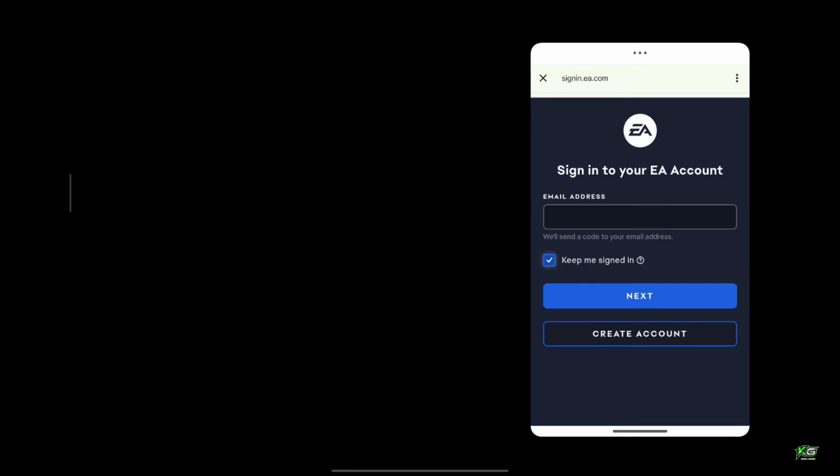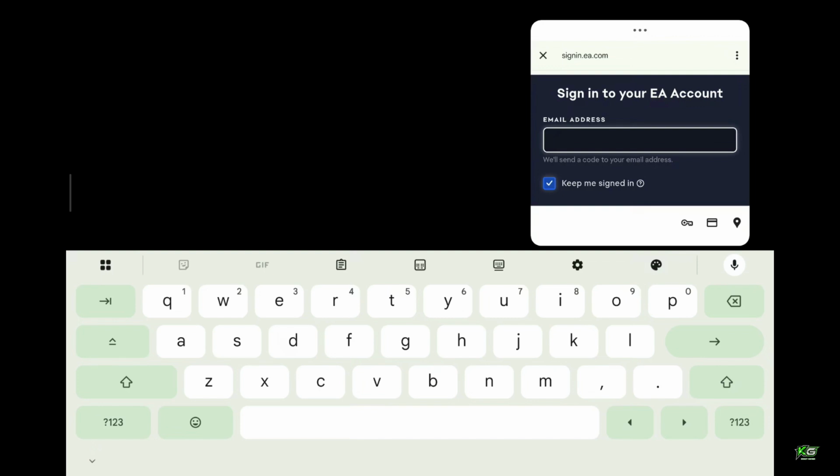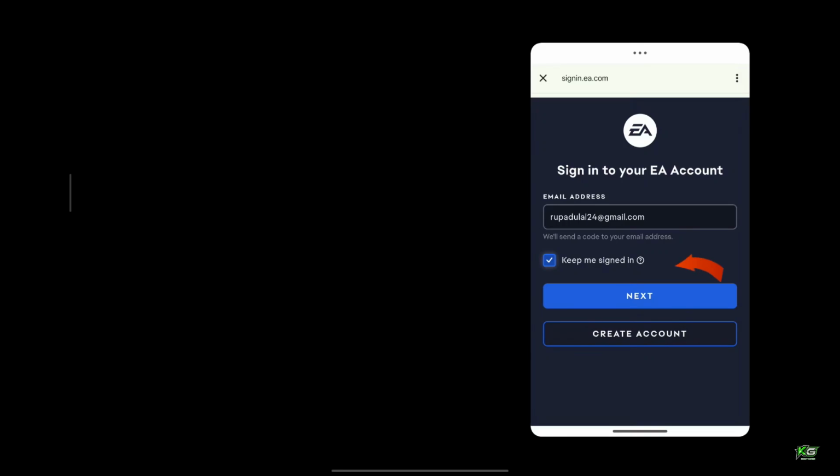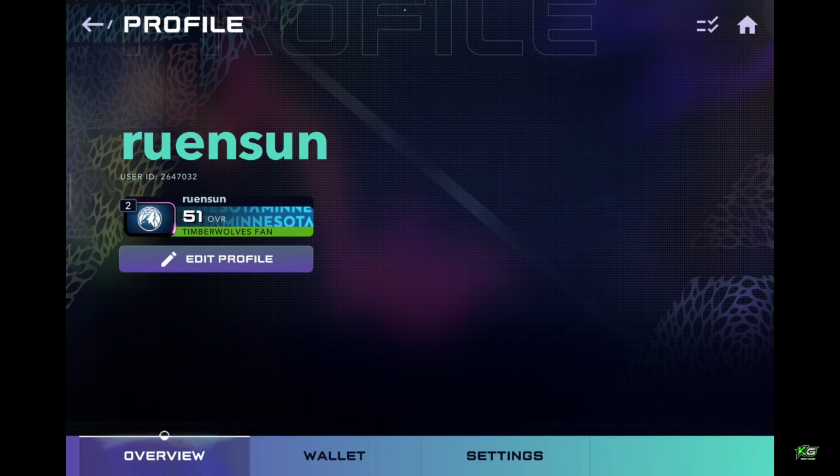For logging into your existing EA account, in the email address box, go ahead and write down the email address associated with your account. After you are done, click on Next and you'll receive a verification code sent to your email inbox. Go check your email inbox and you'll receive a code from EA. After you do that, click Submit, and within a few seconds,